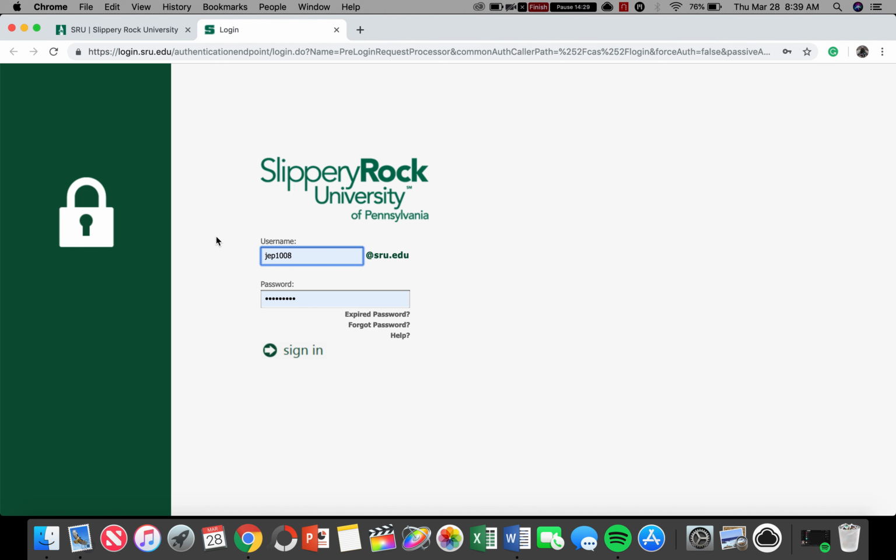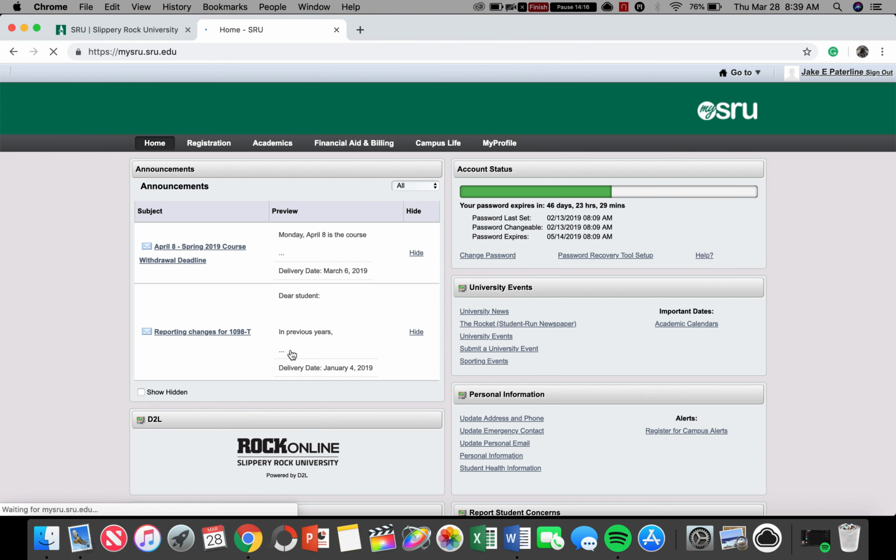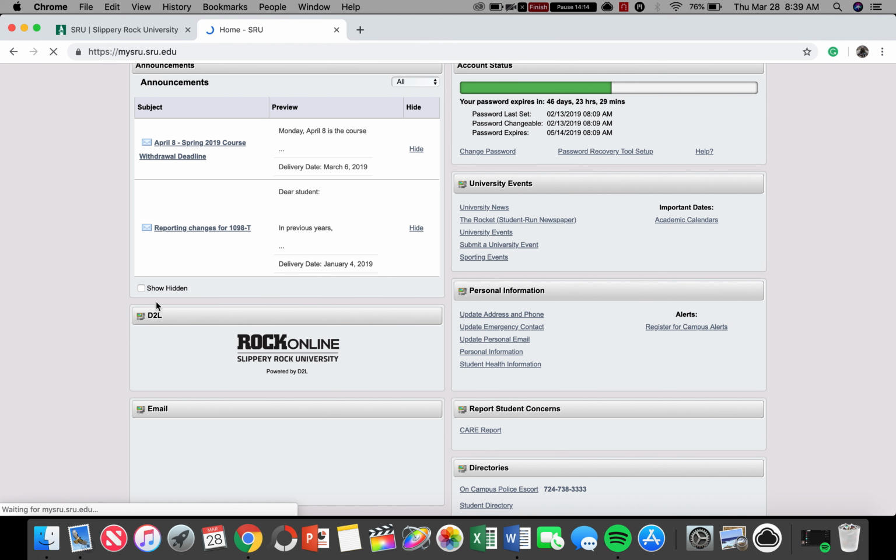You can see my credentials are already in the boxes here, but you would put your username, whatever your email is, and your password in there. And then you sign into MySRU. Once we sign into MySRU here, you'll see this tab for D2L. We're just going to click on this Rock Online right here, and that's going to take you to the D2L